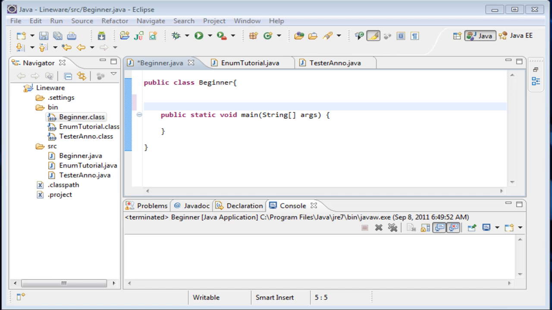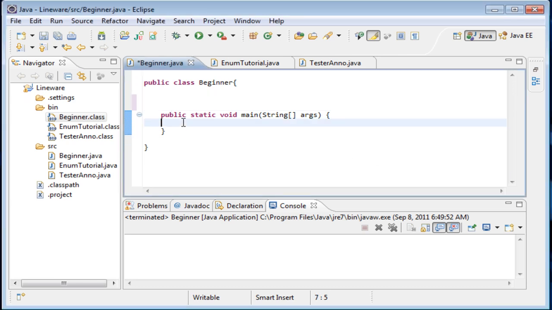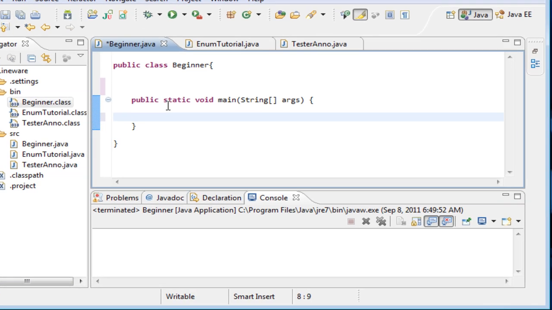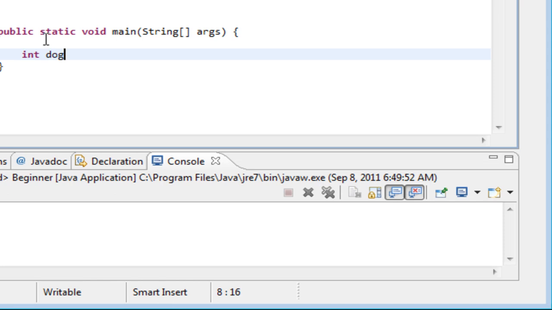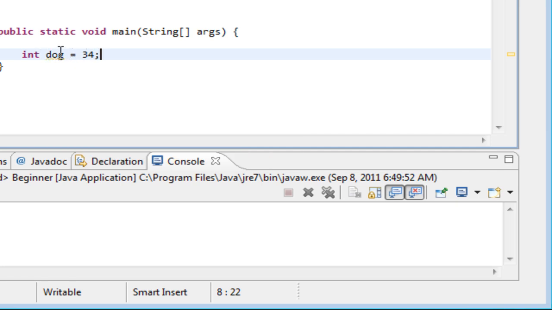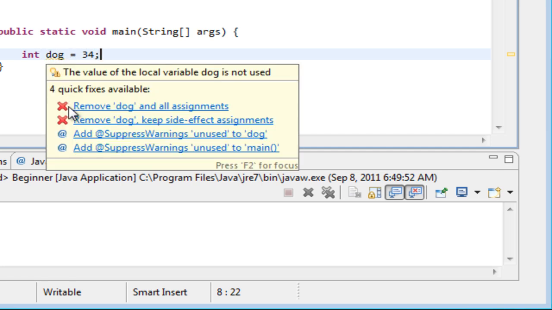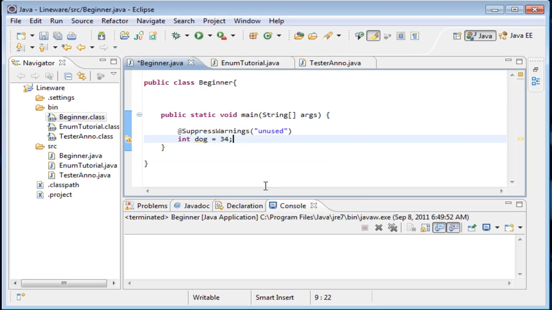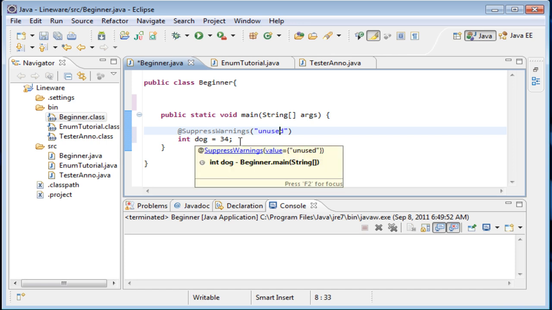And I'm going to start with the suppress warning annotation. The suppress warning annotation is pretty neat in that, say I created an int dog and made it equal to 35. But if you notice, it's never actually used. You can annotate this and do a suppress warning for the unused. And now dog no longer has that little yellow line under it because it's suppressing the warning, saying that it's unused, but we don't care because